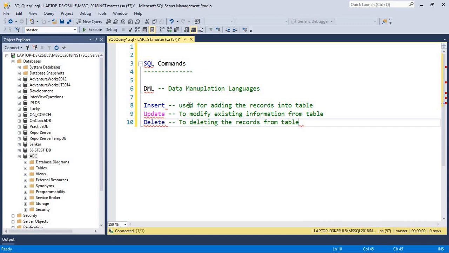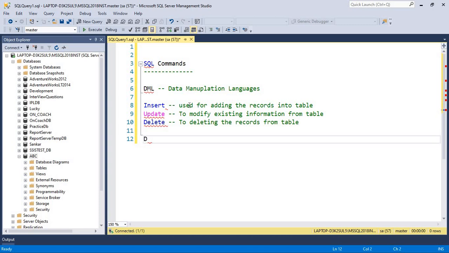Okay. Here you might say truncate also. No, truncate won't come under DML statements. It will come under DDL statements. We can discuss truncate in DDL commands.